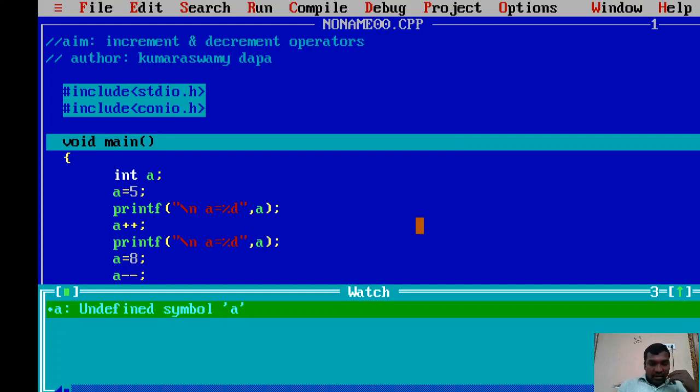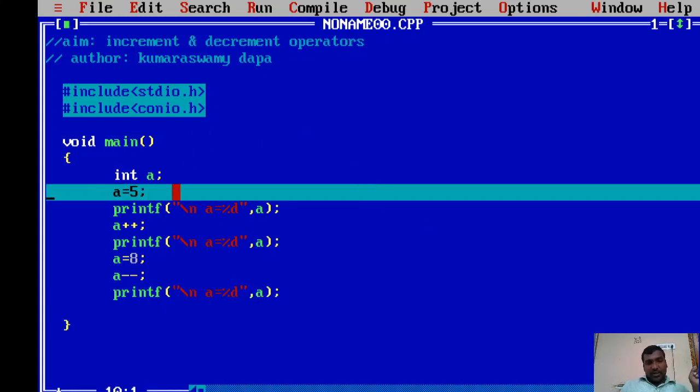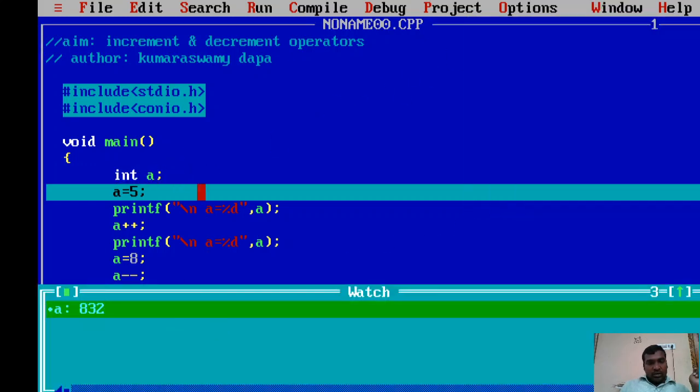So it executes this particular line of code. After executing it, a is declared, meaning variable a is created, and initially I am not assigning any value to variable a, so by default it is assigned some garbage value.